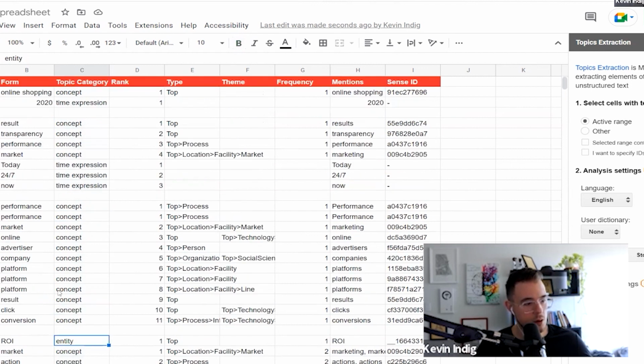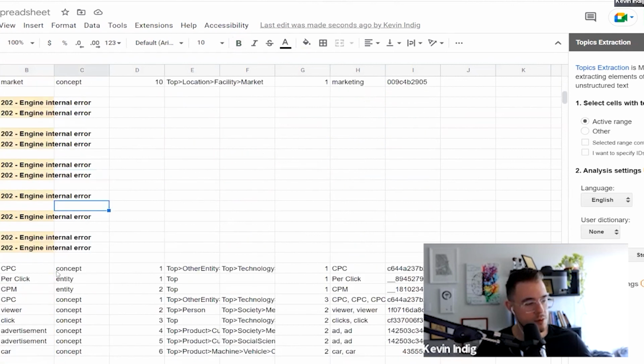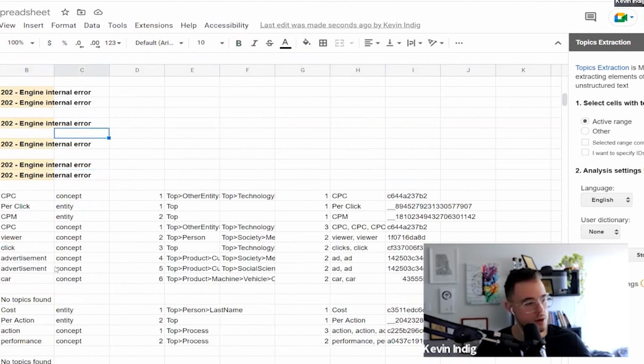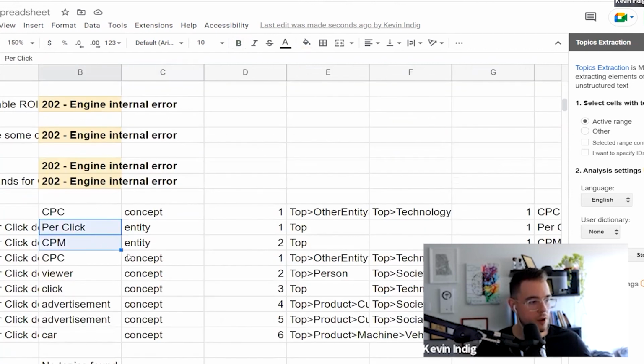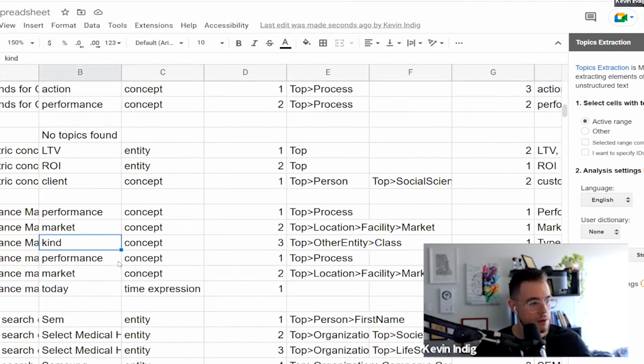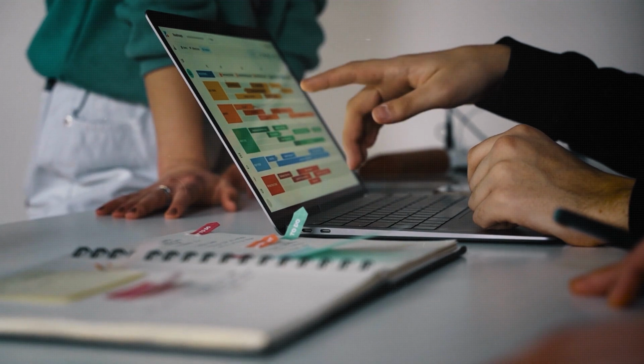And then it will also show you what the entity is. So I found that to be very interesting. Sometimes there are errors, so it's not always perfect, especially when you copy paste the whole text into it, but that will allow you to identify entities like pay-per-click, CPM and whatnot, market, performance, markets. So yeah, you probably have to work with this data a little bit, remove duplicates, sort it, filter it, but